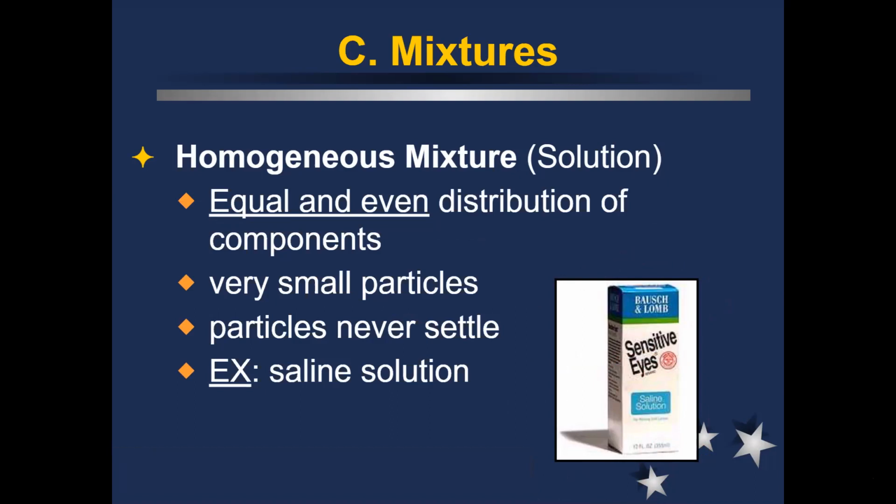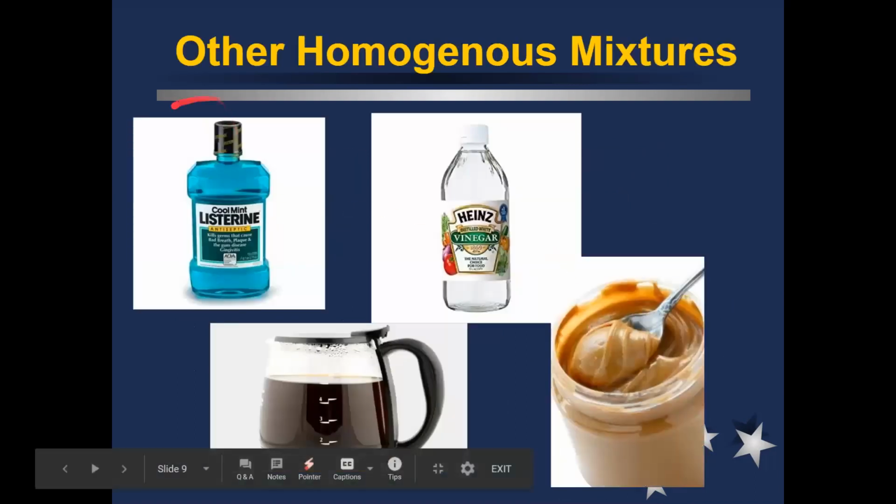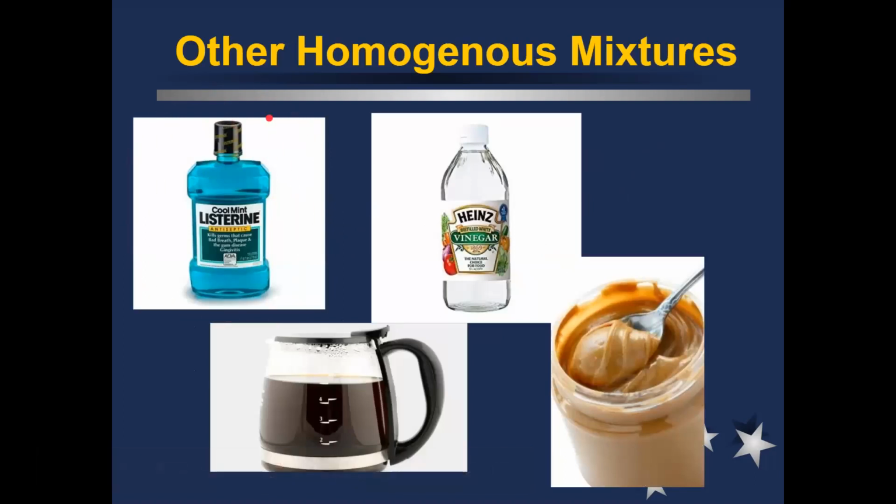So some other examples of kind of more everyday things that are homogeneous. Things like mouthwash. So every time that you swirl that mouthwash around in your mouth, you should be getting the same mixture of water and alcohol and antiseptic and flavoring from the mouthwash. And again, you can see it's totally clear. If you took the little label off the bottle, all of the areas of the mouthwash bottle should look the exact same because all of the different compounds that are mixed in there are totally evenly spread throughout.